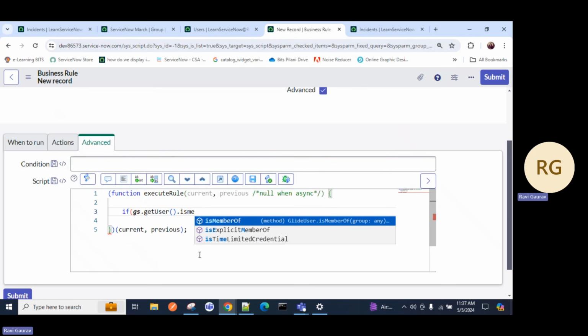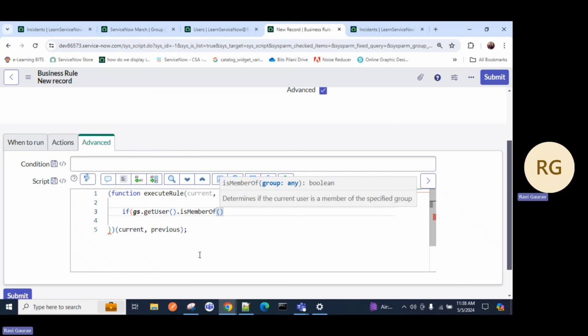If he is a member of any group, whatever I want, then we have to use that isMemberOf. See, group name: determine if the current user is a member of a specified group. So if it is a member of any specified group, the return is Boolean. And you guys know very well about Boolean. What is Boolean? Boolean is nothing but it will return true and false. So I will give here,